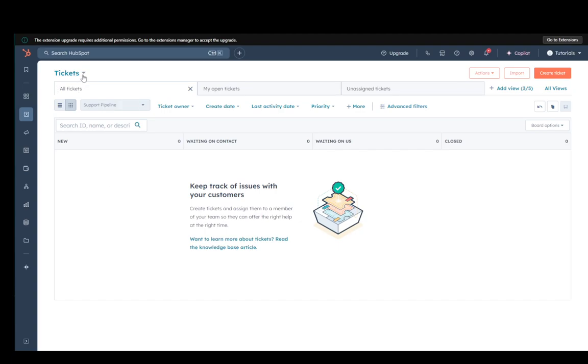Now, as you can see, I went into tickets, and this is pretty much what your pipeline looks like. You have a couple of tabs. You have the new tab, the waiting on contact, waiting on us, and closed. These are different stages that you can set your customers or your leads to, and you can create tickets here